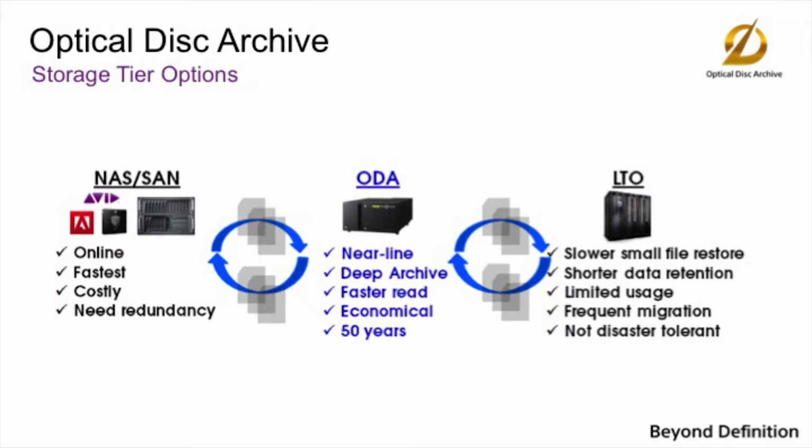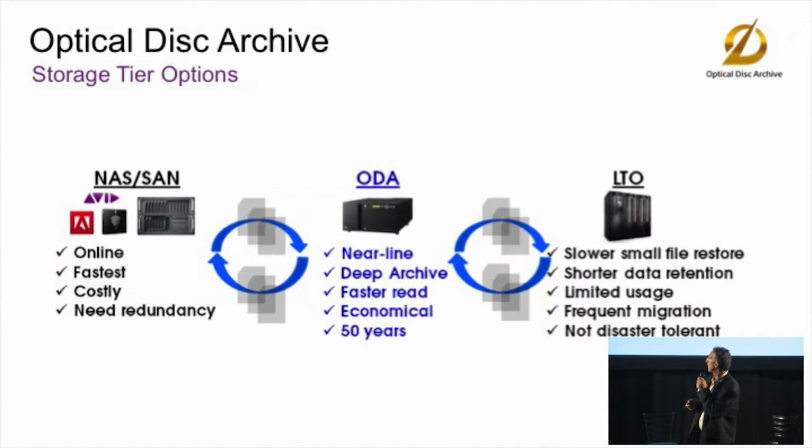This is a comparison of storage options that are available. And on the left side, we have your NAS and SAN, and of course, these are your online editorial collaboration. This is where you have probably more costly. You have a number of concurrent users accessing the storage. And of course, it's more costly and needs redundancy. And then on the right, if you consider